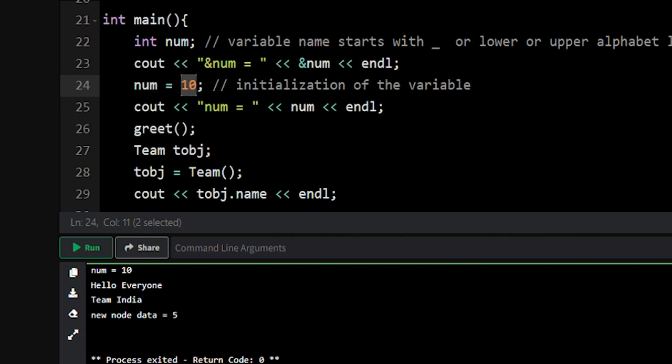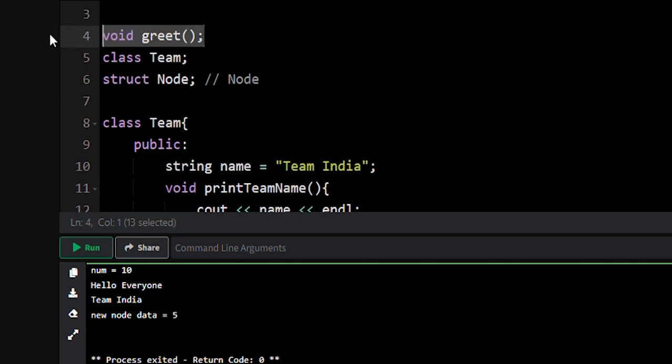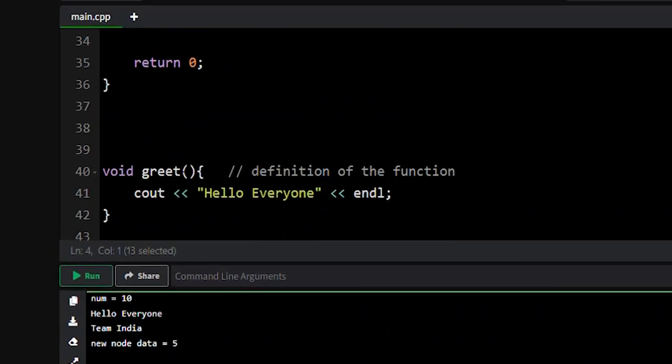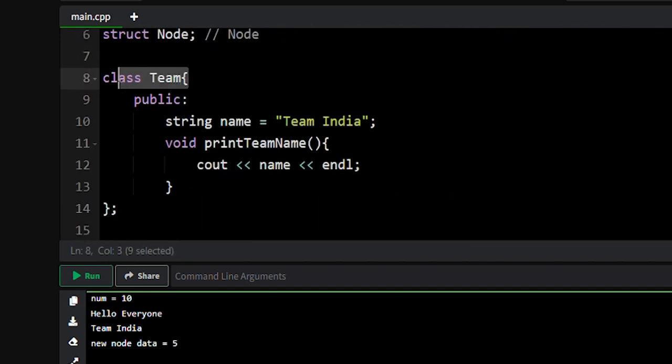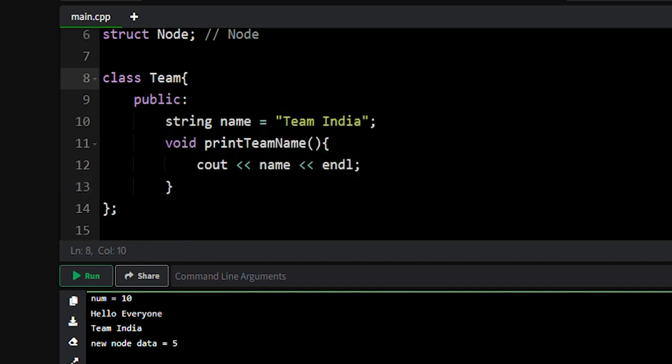And see, here we have declared this greet function, and we have provided the body of functionality of this greet function here. So this is known as the definition of this function. We are providing the definition of this greet function here. We write the functionality of this greet function within open and close curly braces. Here we have provided the definition of this team class. It has public members, and it has a public function print team name,